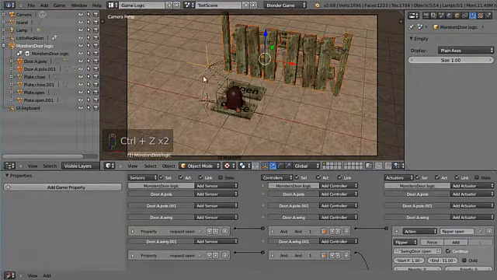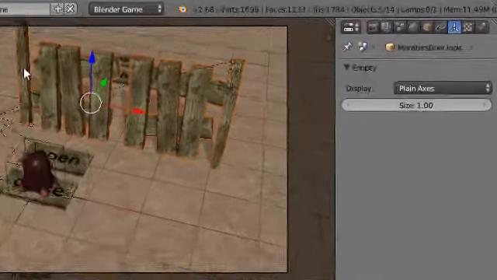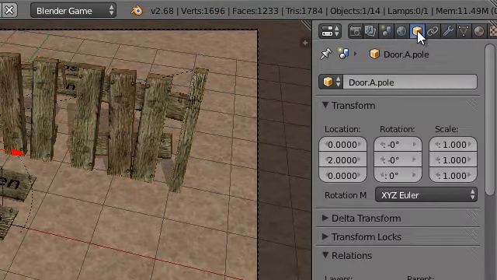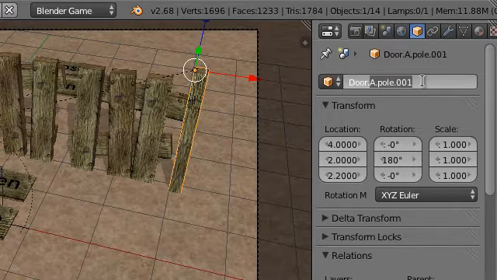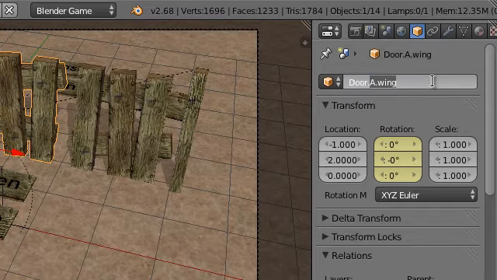Before we even start with that, we better clean up our objects. This means we give them some meaningful names. We have two poles, so we mark them as left and right pole. We follow the Blender convention with suffixes .l for left and .r for right objects. We do the same renaming for the wing objects.